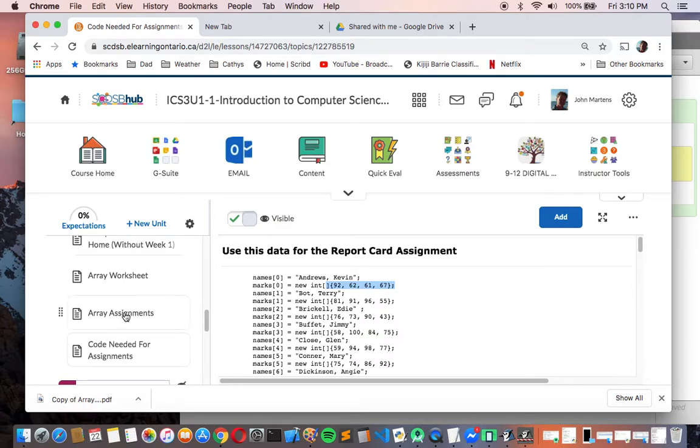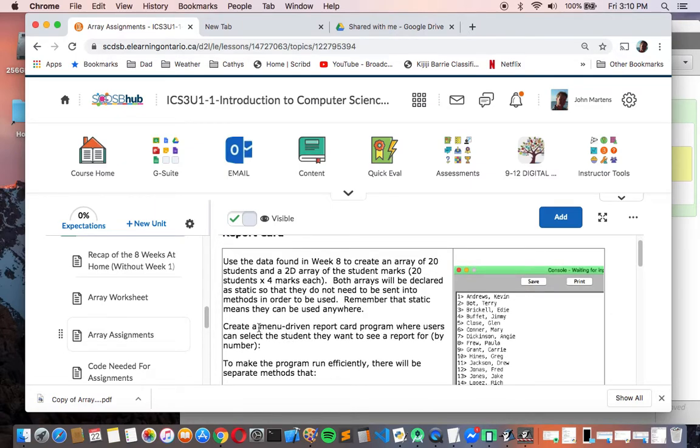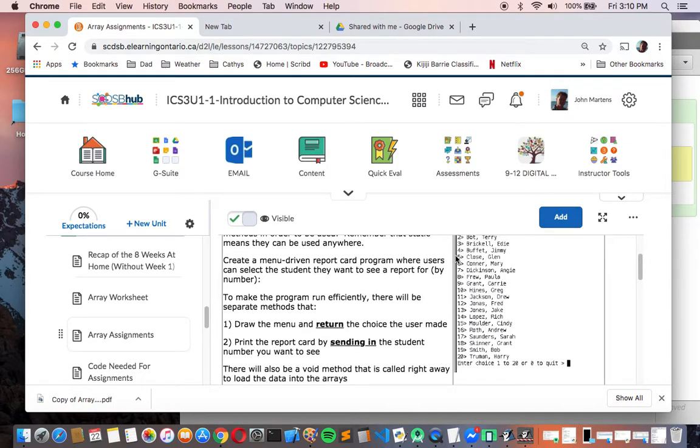So we're going to load all that up, and let me just continue here with the assignment. We're going to declare the variables as static. That way we don't need to send them into methods. We are going to use some methods though. For example, we're going to create a menu method that's going to print all the names and a menu selection from 1 to 20 beside each name,